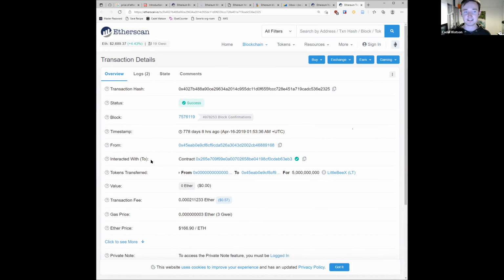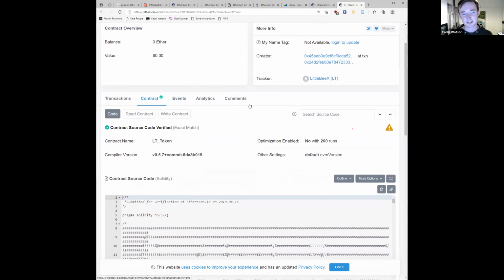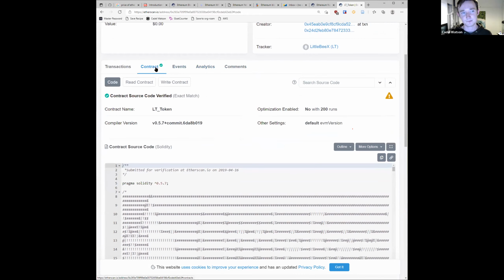And a smart contract is just a program that's running on a distributed virtual machine. So I can actually click through and look at this program. So I'm now looking at the contract with this ID, this address, and we'll go into more detail about smart contracts. But I can actually see the code of this program. So I clicked on the contract,